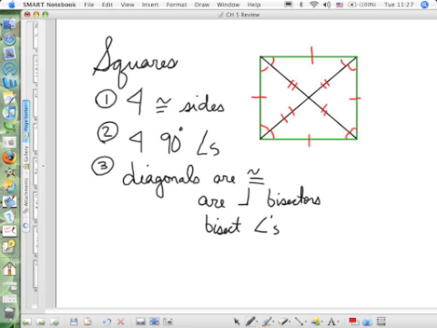A square is like everything's equal. Squares are awesome. Now, when you see this picture, you need to make all these little markings. Because here's where I'm going to throw in, okay, if this is 2x plus 5